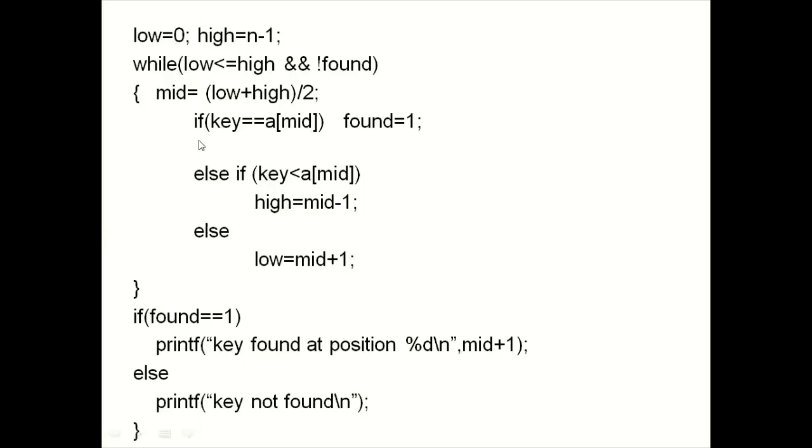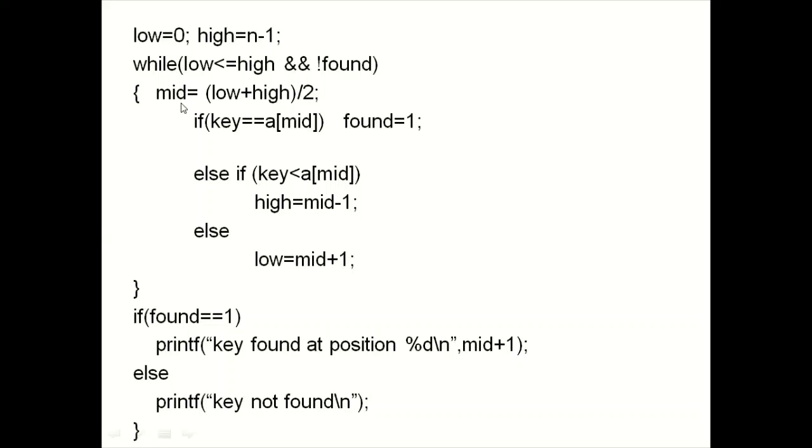Here we come to the binary search technique. Now for the binary search to work, a part of the array is searched. To indicate which part, we need two indicators. So low and high are used to indicate which part of the array. Low indicates the start of the array and high indicates the end of the array. Initially, the whole array is to be searched, so low equals 0 and high equals n minus 1.